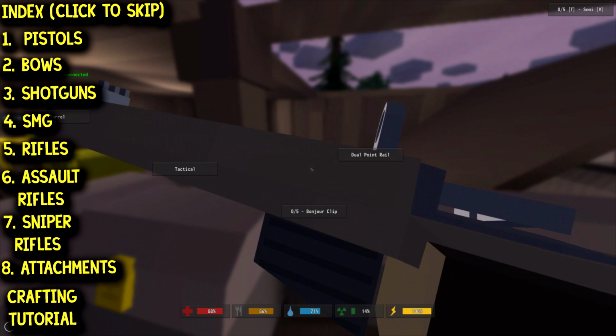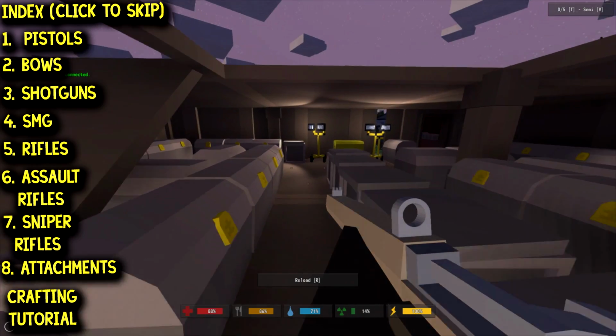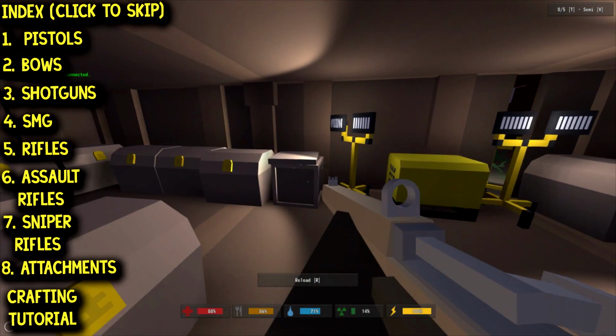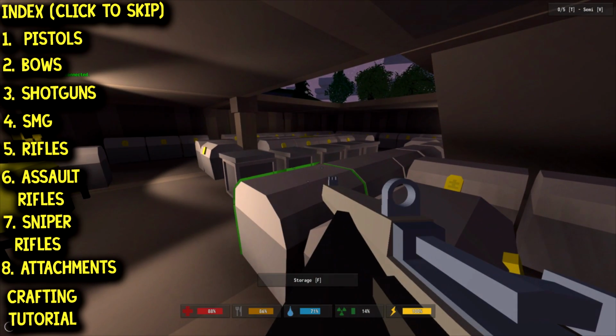You've got your outfield and your Mosin. Now, the outfield is found in civilian locations. It's very common compared to all the other rifles and assault rifles and sniper rifles. It weighs in at 1 kilogram,